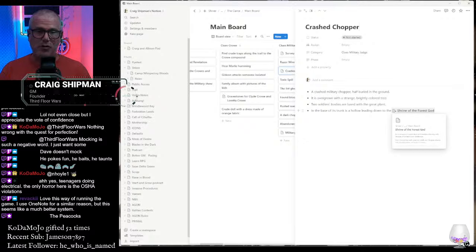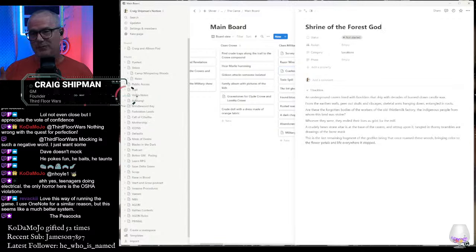But here I'm just doing a cross tag. So at the base of the trunk of this tree where this crashed Army helicopter is, this leads them to a location called the Shrine of the Forest God. And because I tagged it with one click, it immediately takes me over to there. I can also see when I'm in the Shrine of the Forest God where my backlinks are. So what is pointing to this? So you've got some really nice linking that can happen